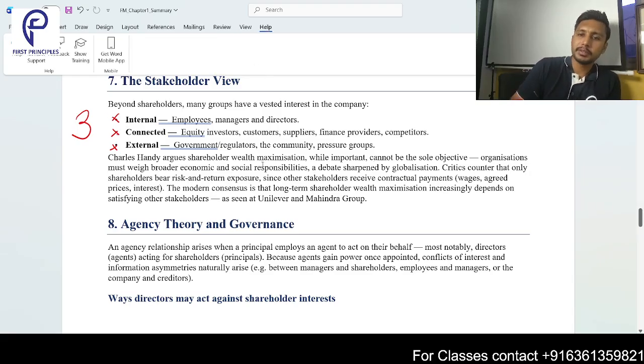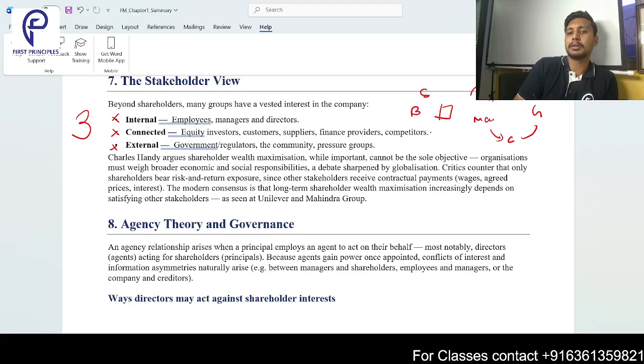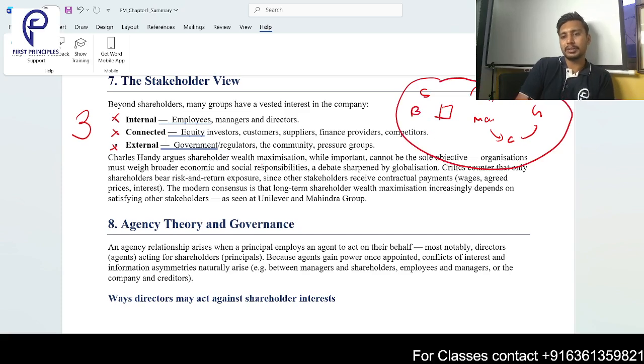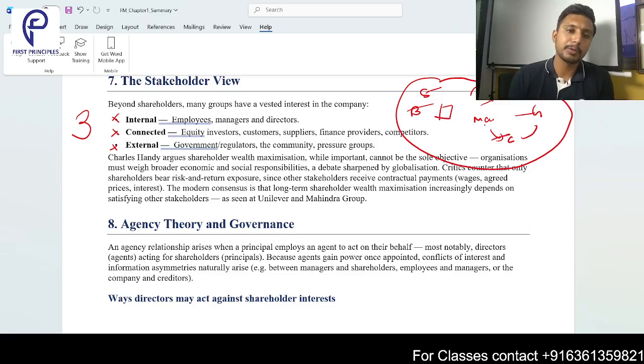So if one company exists, first of all, for a company to exist, someone would have put in money, the shareholders. Then there would be management who works. They all serve the customer. And then there's the government who's waiting for tax. And along with that, there are suppliers, there are lenders. So all these people who care about the company's existence are called stakeholders.